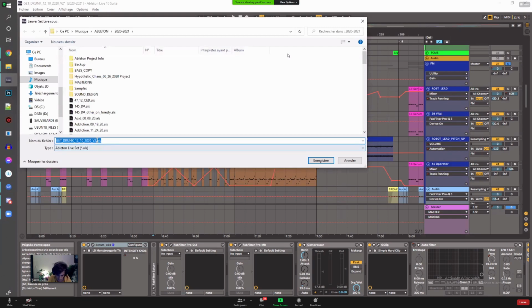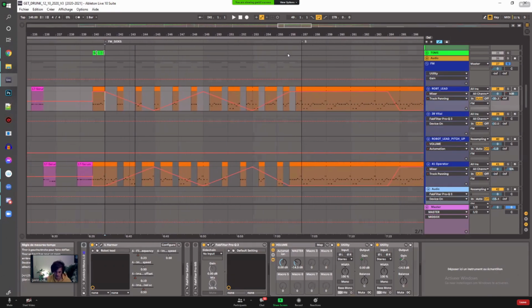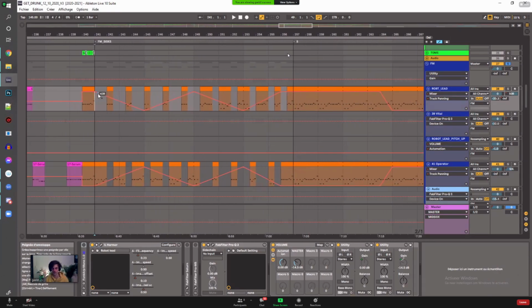Let me save a new version because I'll probably mess with that hard. So yeah, I have 2 patches of FM playing, and I basically make them pan, each one of them crossing, so they don't interfere with one another.